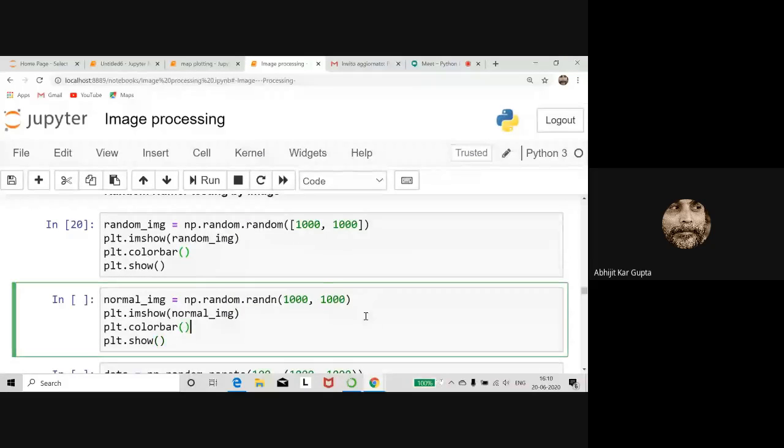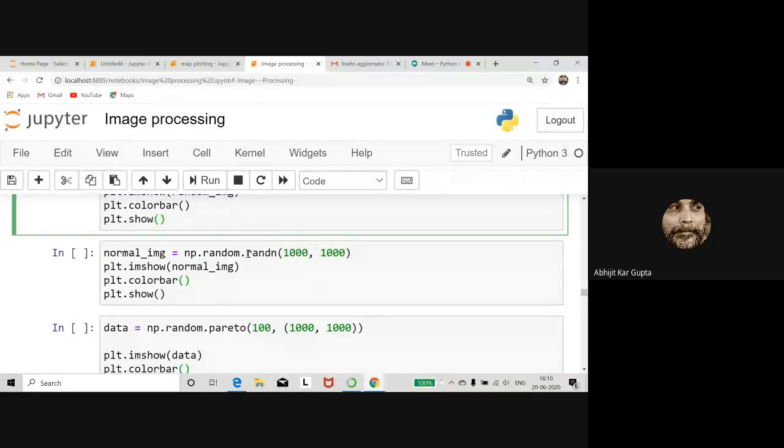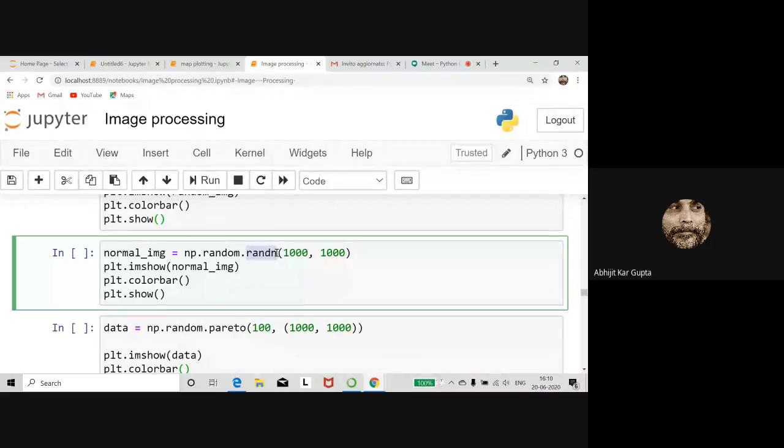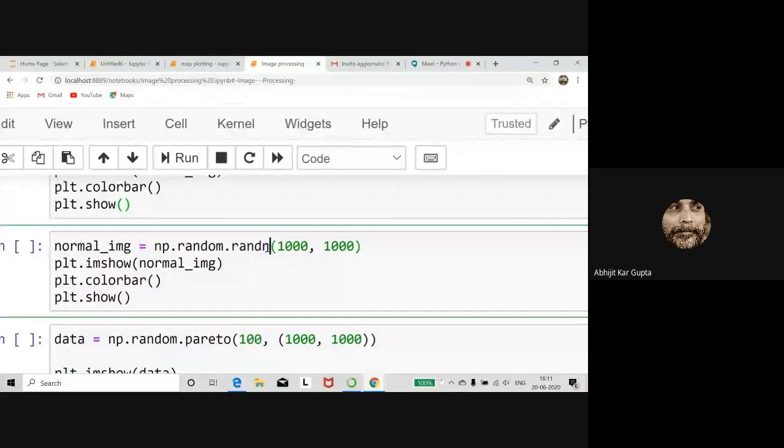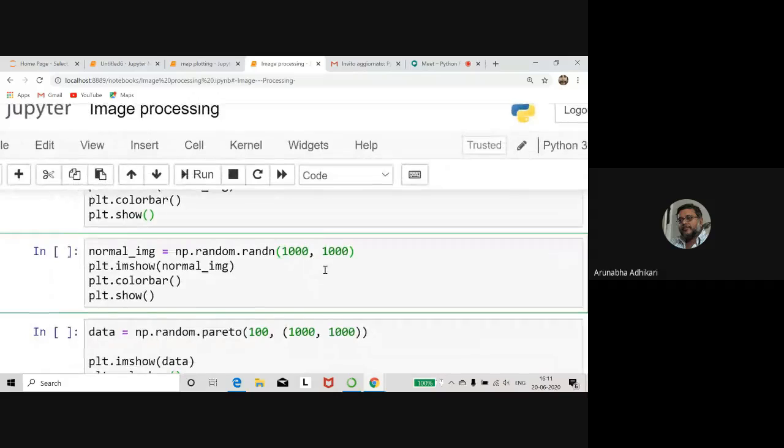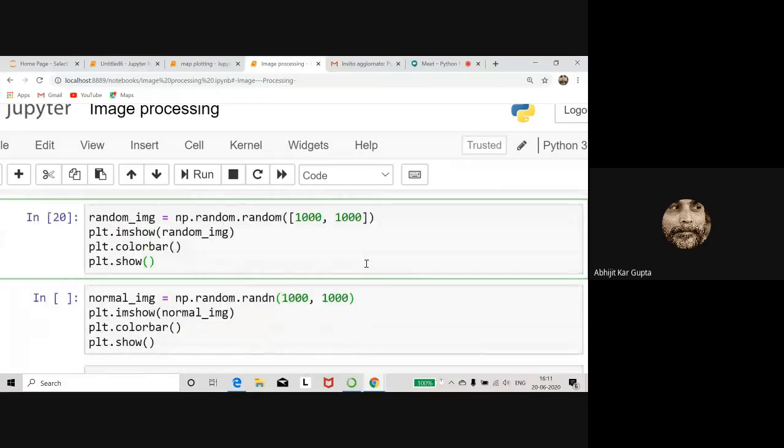Now I wanted to see what a Gaussian random number looks like. With randn, I think the n is for normal, Gaussian or normal. In that normal distribution, I think the mu is 0. I'm a little bit confused because you are creating two-dimensional arrays. It is two-dimensional now, not three-dimensional. How are the other channels being created? I need only one channel.